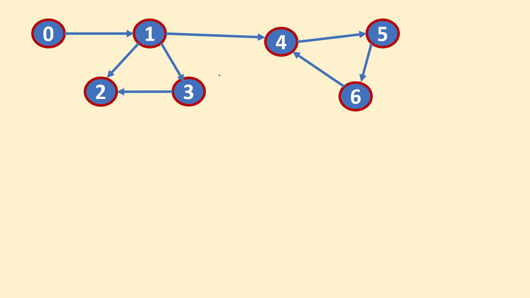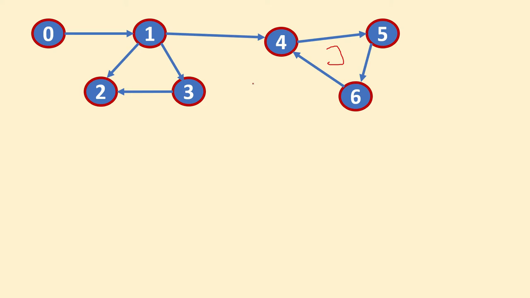By looking at the picture or the diagram, what we can see is there is a chance of finding a loop between 1, 2, 3 or 4, 5, 6. But if you look carefully, between 1, 2, 3, there is no loop because their directions are at different angles. For 4, 5, 6, it is actually forming a loop because their directions say that. So we have to find how to detect this cycle in this graph.